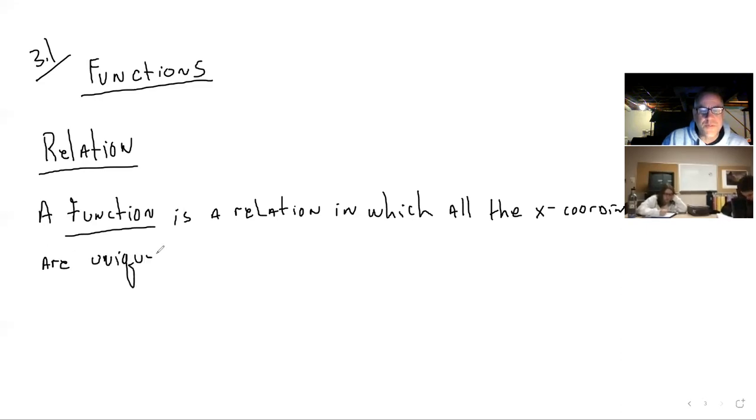All right, so I have a set of ordered pairs. If I have a set of ordered pairs and I'm asked, is it a function or not a function? I am just simply going to go through and make sure all the x coordinates are different. I have no two ordered pairs with the same x coordinates, so it keeps it rather simple. So if I had, as an example,